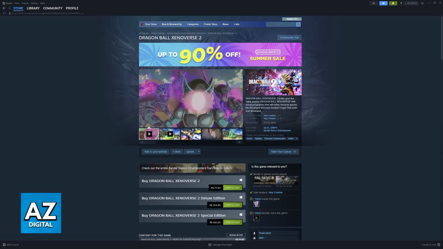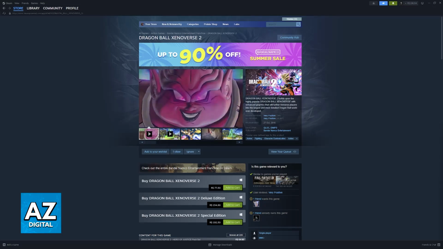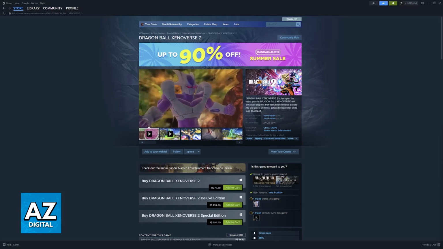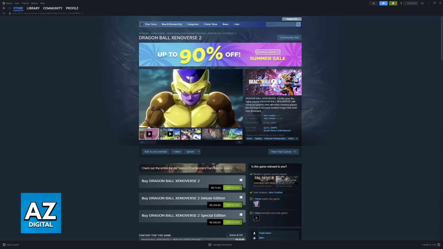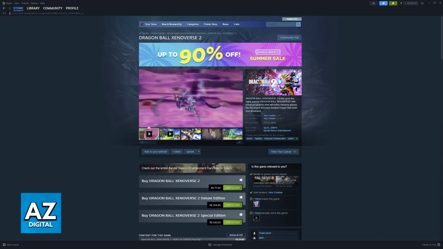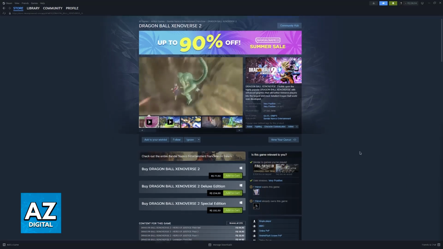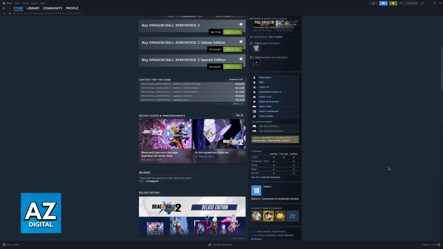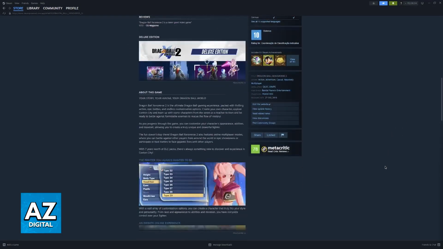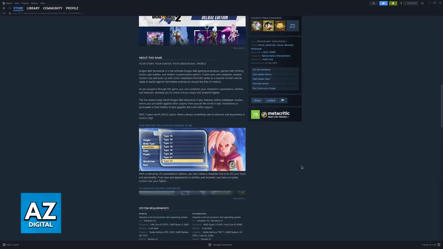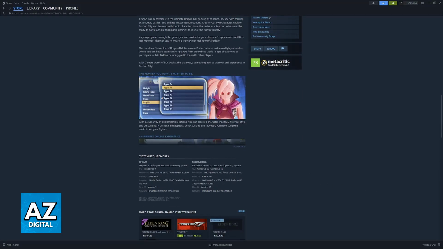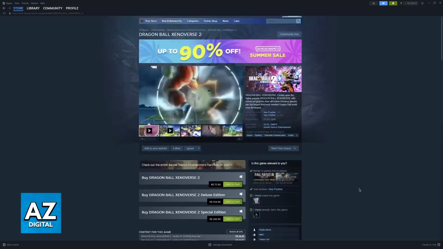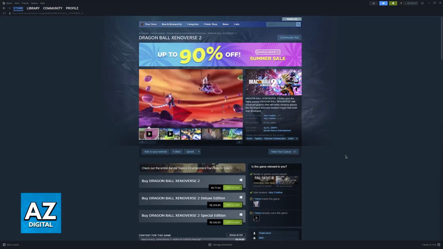So first, some methods to attempt recovery. If your console offers cloud saves like through PlayStation Plus or Xbox Live Gold, if you have it enabled for Xenoverse 2, you might be able to download a previous uncorrupted save file, which was automatically backed up when you were playing. So this is going to be the most convenient way. This will only work if you had cloud backups enabled before the corruption happened, and of course you had a